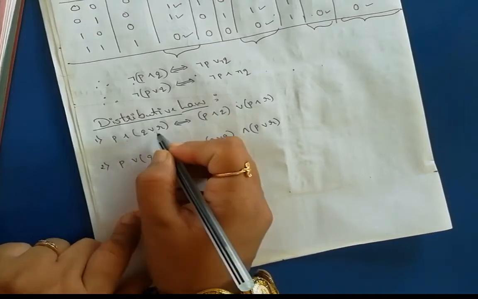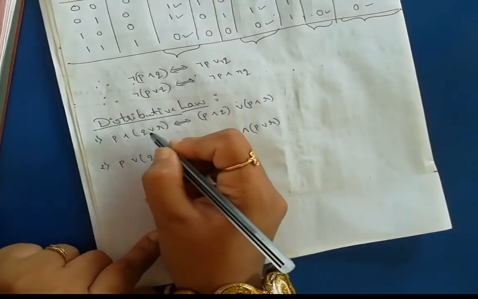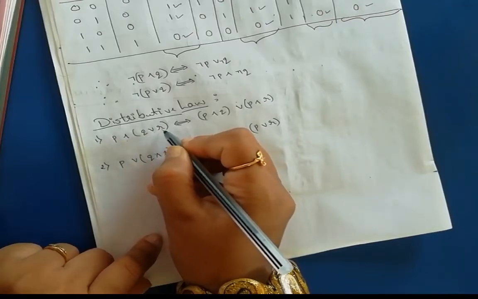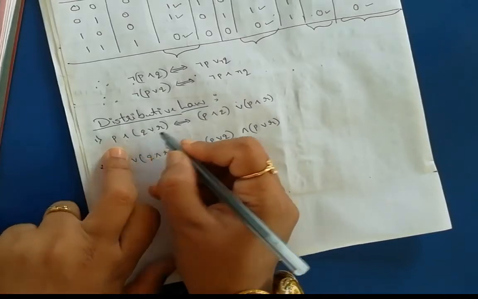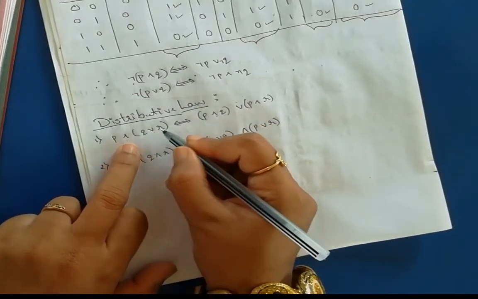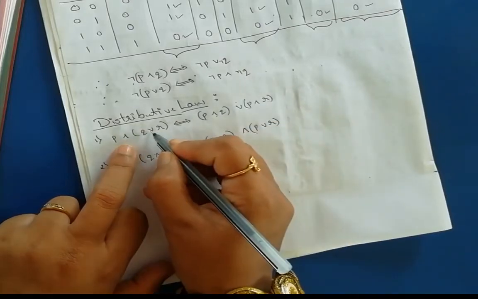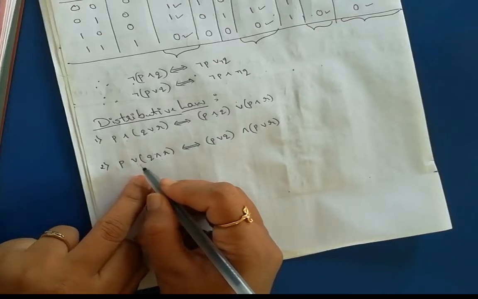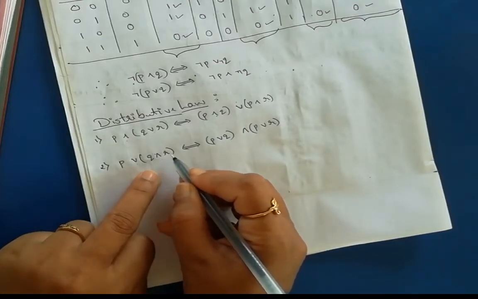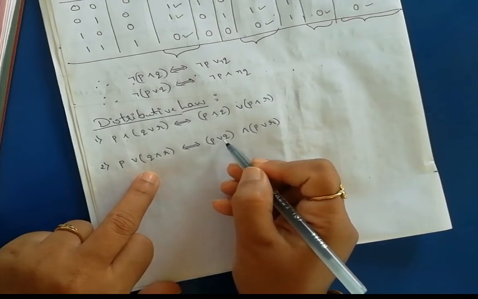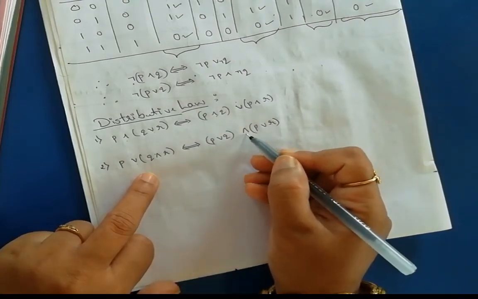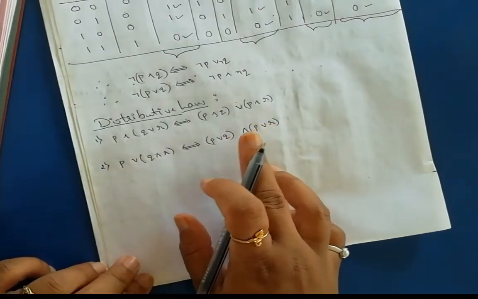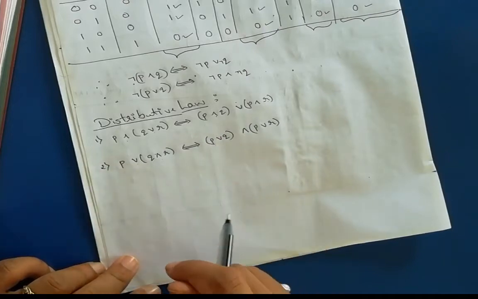So there are three primitive statements: P conjunction with Q disjunction R. If we apply this, P conjunction Q will become, then P conjunction with R will become, then R will remain common over here. Similarly this one, P disjunction over Q conjunction R, so it will become P or Q and P or R. Okay, so let us find out a truth table for this one and verify it.